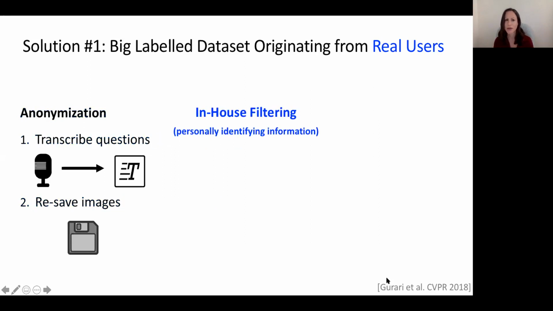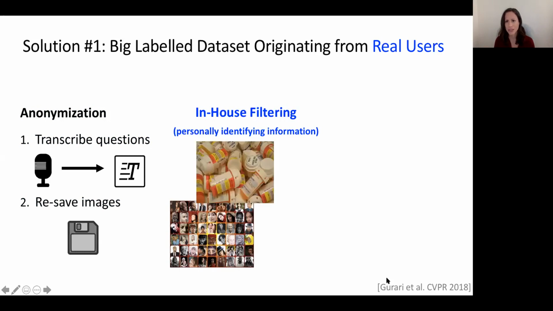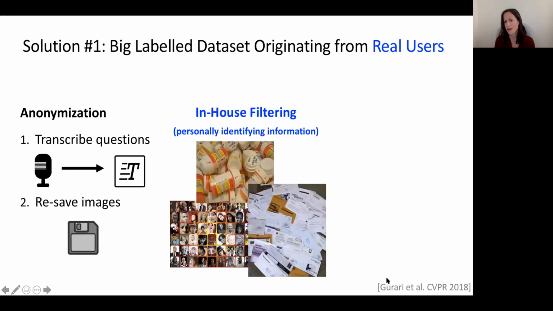We also filtered out any sort of personally identifiable information. So if an image had it, we would flag that image as having personally identifying information, and not publicly release those images as is. And we came up with a taxonomy of what is personal or private information, and that included things like people's faces, medication information, as well as information in their mails, such as their addresses, social security numbers, financial information,